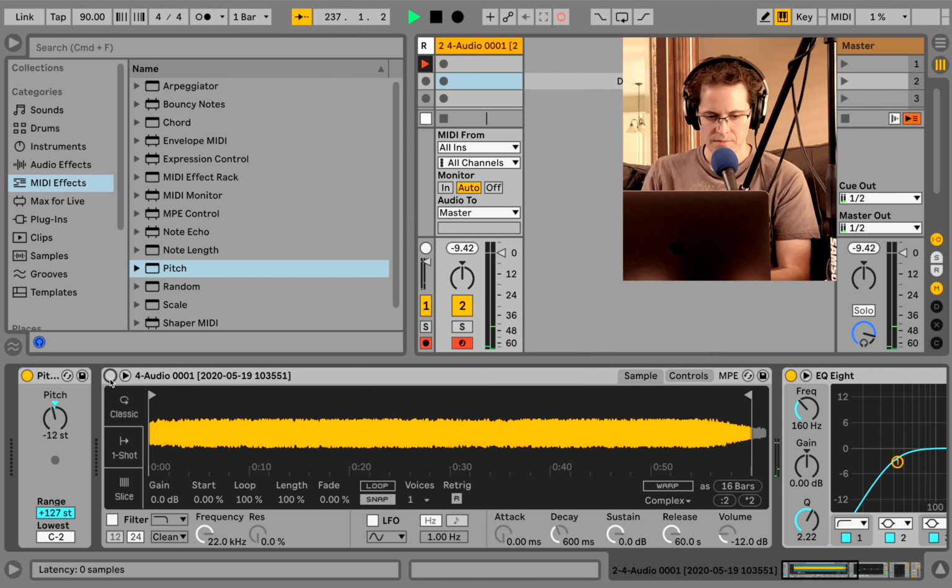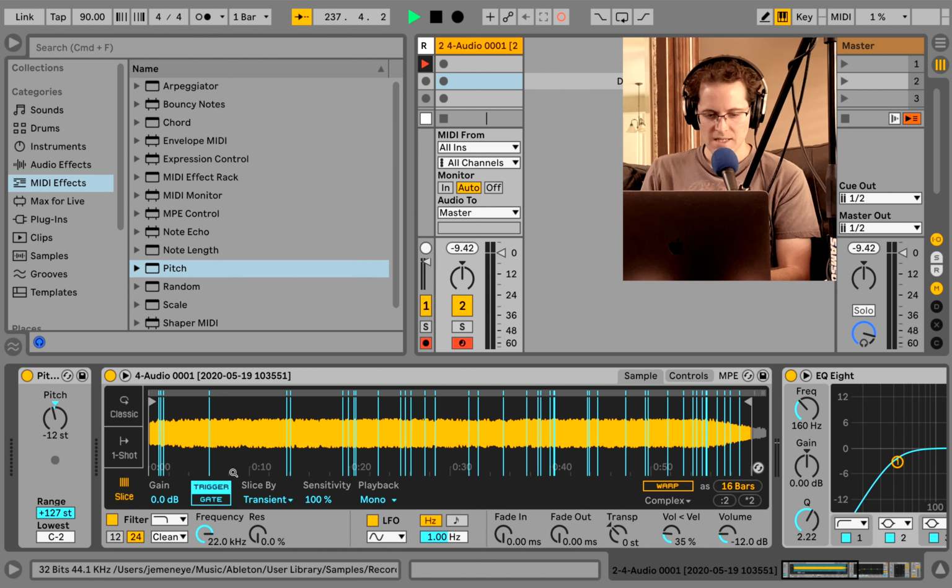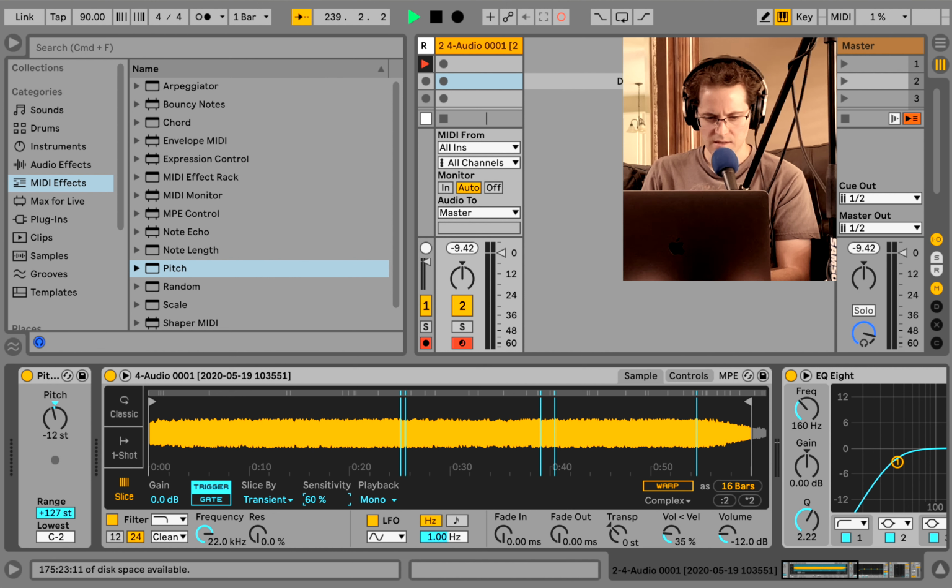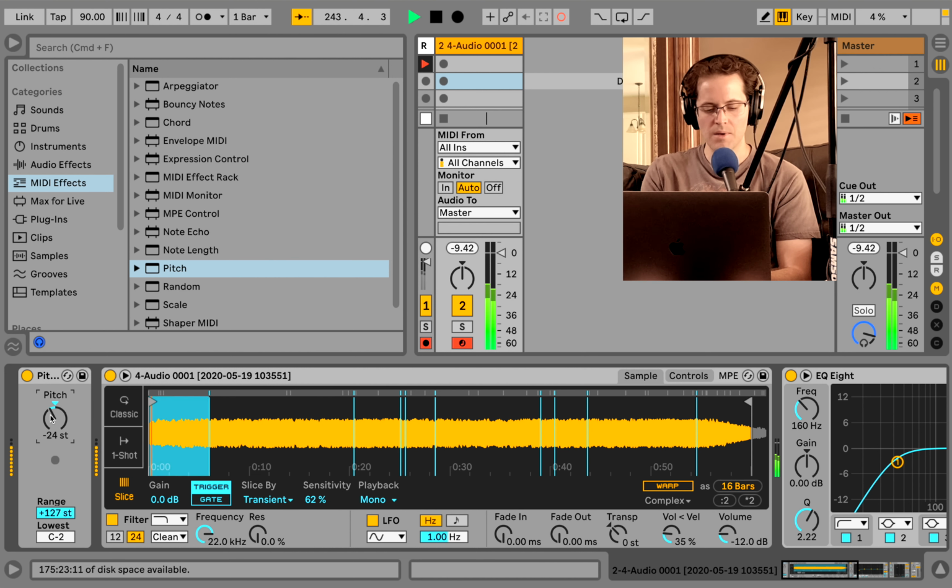So there you go. Now, what about slice mode? Well, slice mode is allowing us, and I'm going to take down this sensitivity, to play different parts in the sample. Now, if you're playing a note and you're not getting anything, it's because I believe this is triggering at C1, so we might want to take this down. So it allows us to slice something up and then